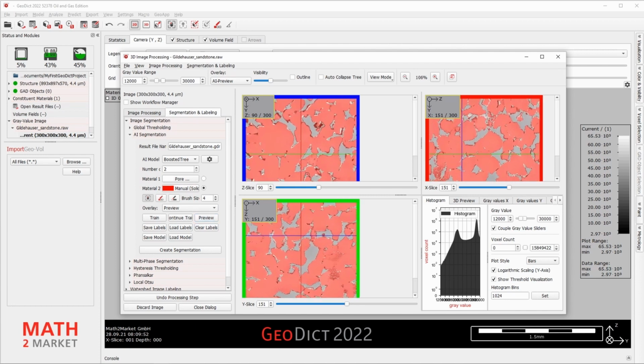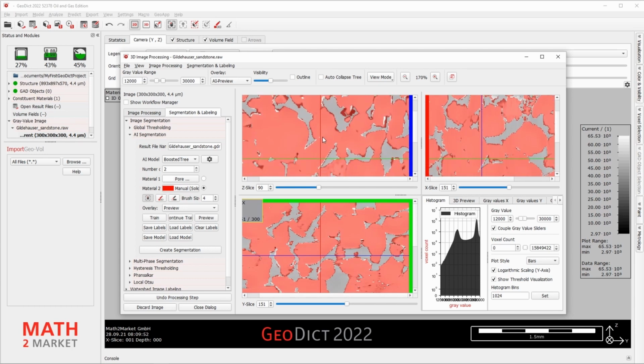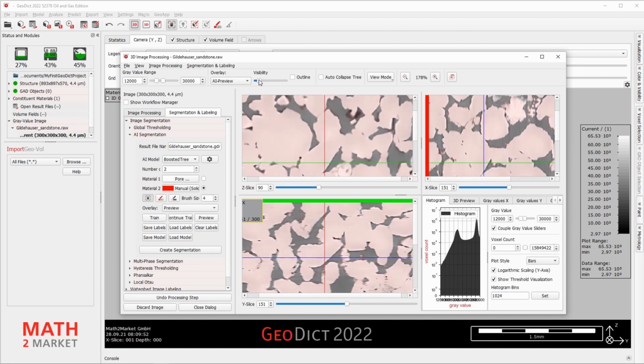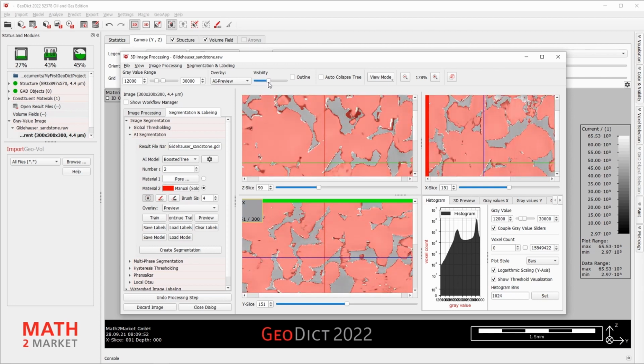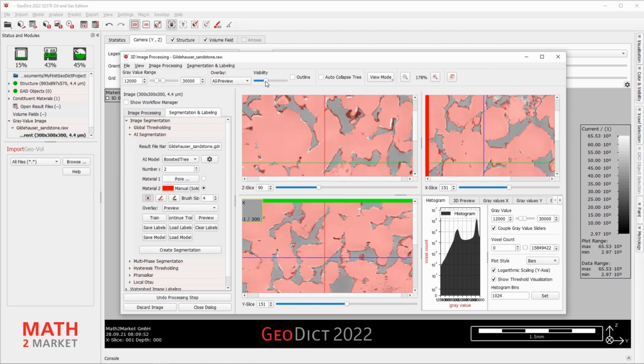And zoom in. So what you can see is that the algorithm still struggles with the edges of the grains or the pores. So we have to improve our training by providing the algorithm more data.